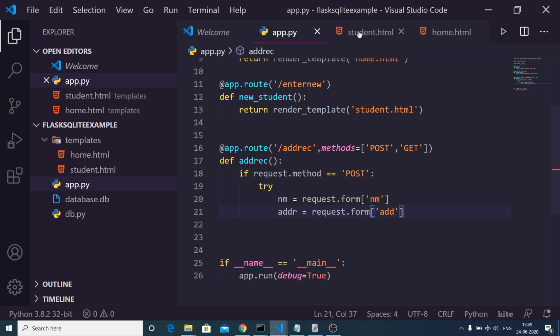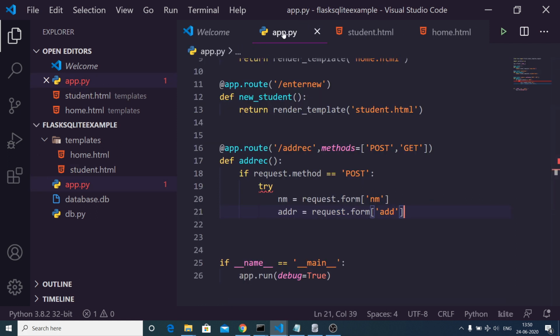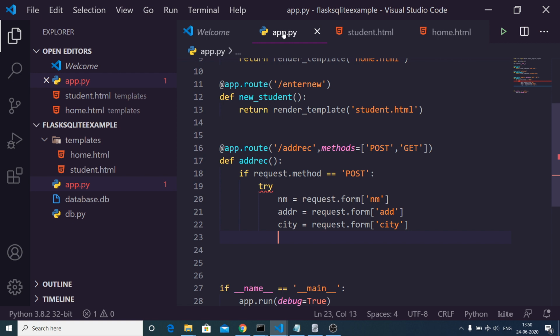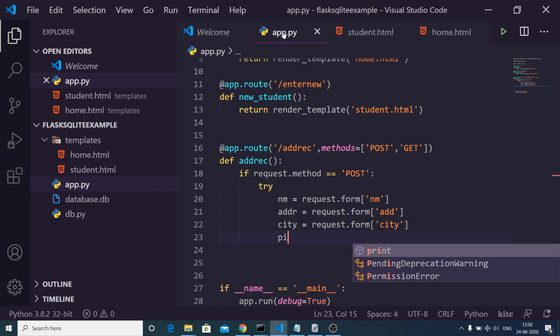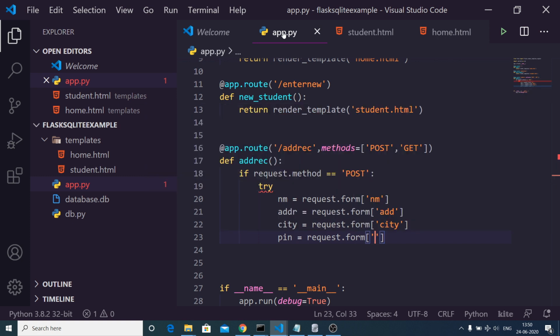So we are making use of the name attributes that we have defined here, nm, add, city and pin. So just make sure you have given the right name attribute. Next will be the city, so this will be request.form city, and for the pin here we will be having request.form pin.